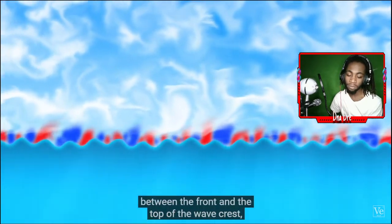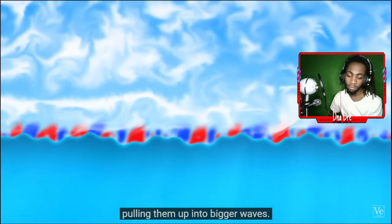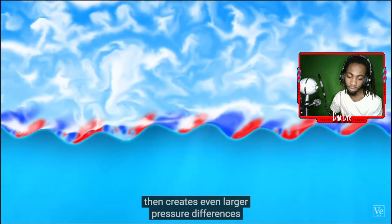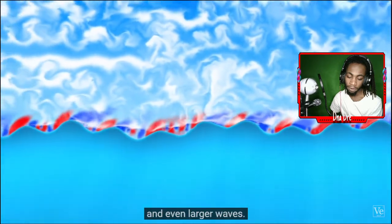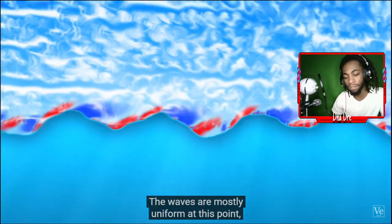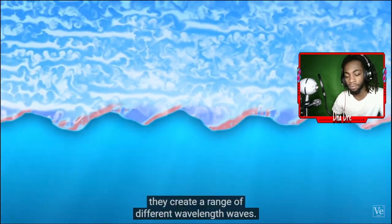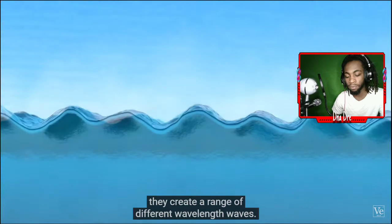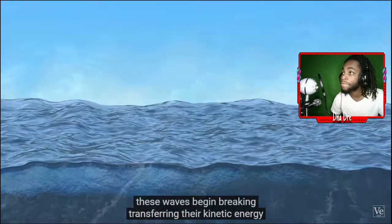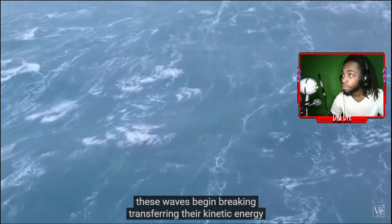of the wave crest, pulling them up into bigger waves. And the interaction of the wind with these waves then creates even larger pressure differences and even larger waves. The waves are mostly uniform at this point, but as they interact with each other, they create a range of different wavelength waves. And as the wind keeps blowing, these waves begin breaking, transferring their kinetic energy into swirling